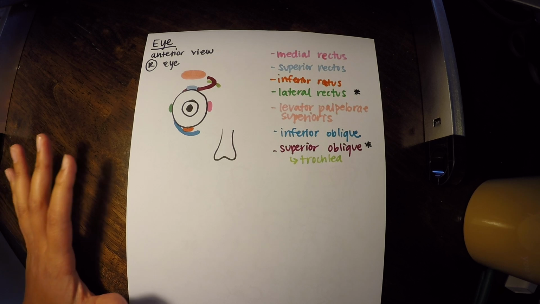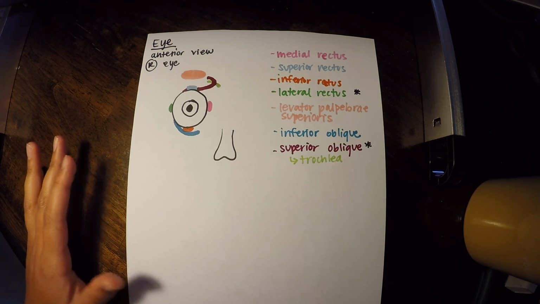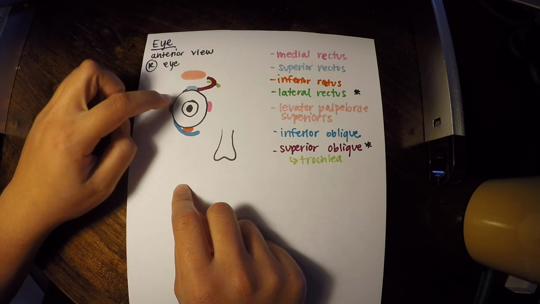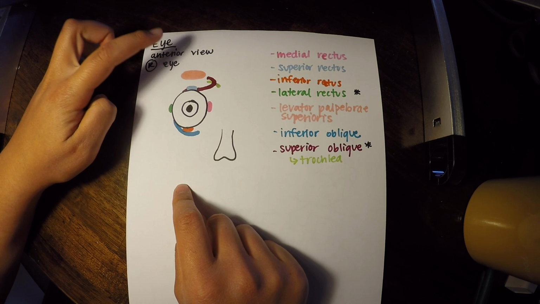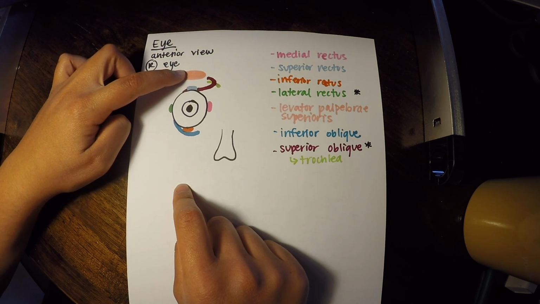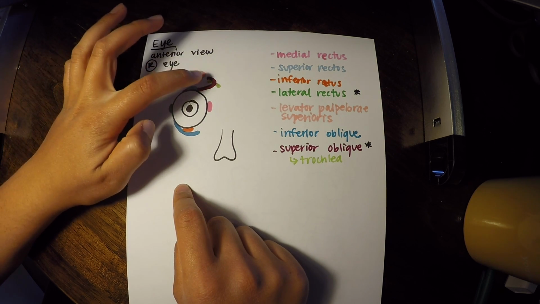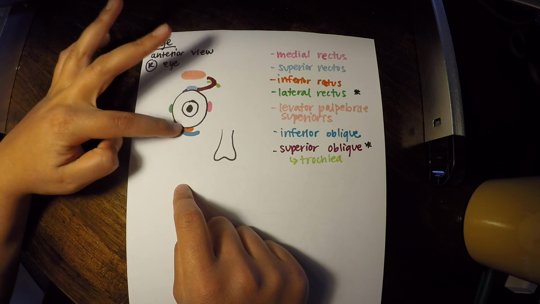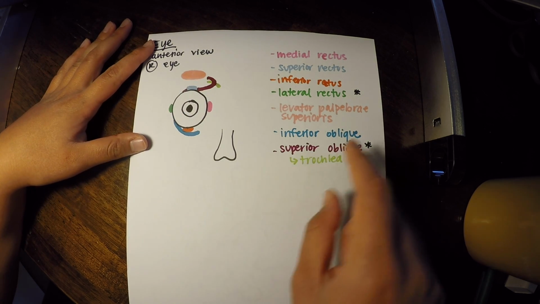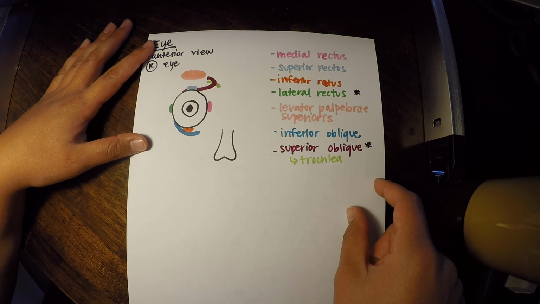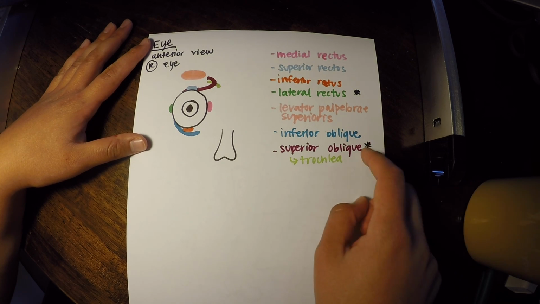Alrighty, so that covers all of our eye muscles. Remember, we have our 4 rectus muscles. We have our muscle for elevating our eyelid, and then we also have our 2 oblique muscles right here. The only ones that are innervated by oculomotor, which is cranial nerve number 3, are the ones with the stars